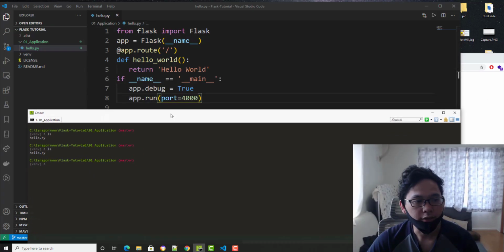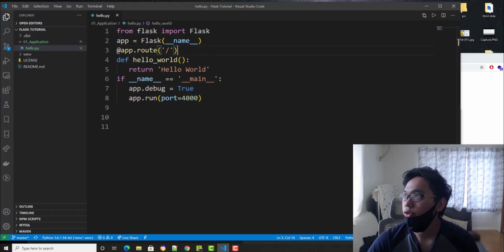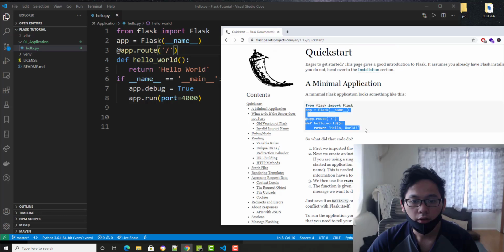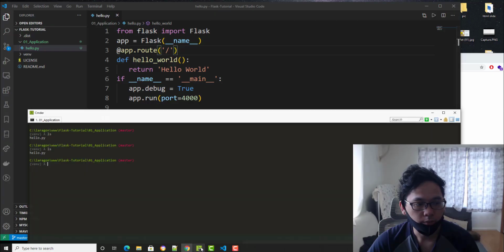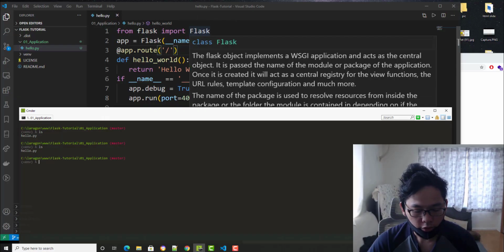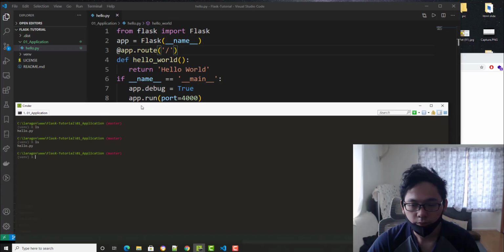I'm gonna explain a little bit on Flask. So this is on the documentation. Where is it? It's on here, and I'm gonna explain a little bit. If you already learned Python, it means you're importing from the Flask package. We installed it using pip, right? So with Flask, we're calling that class in order to run our server.